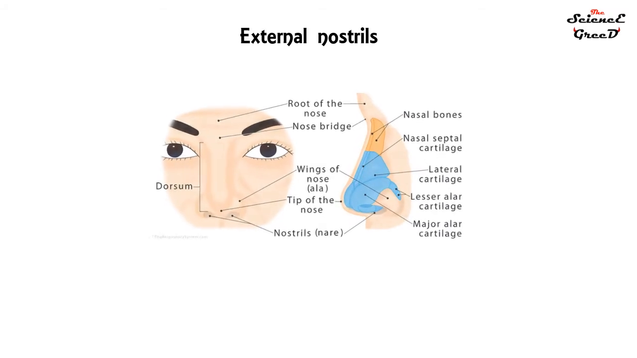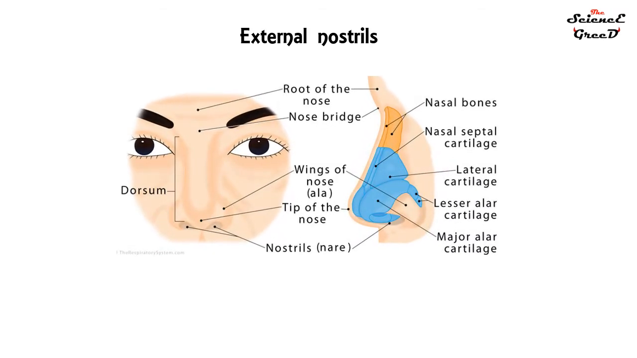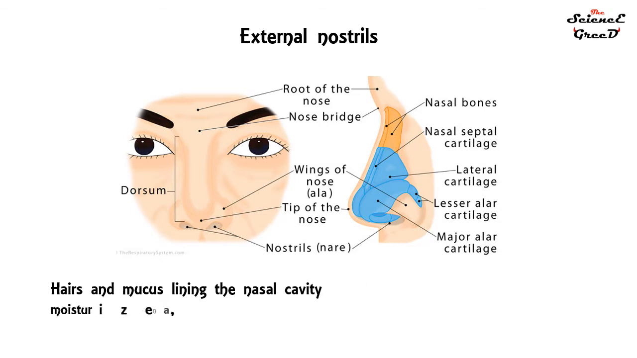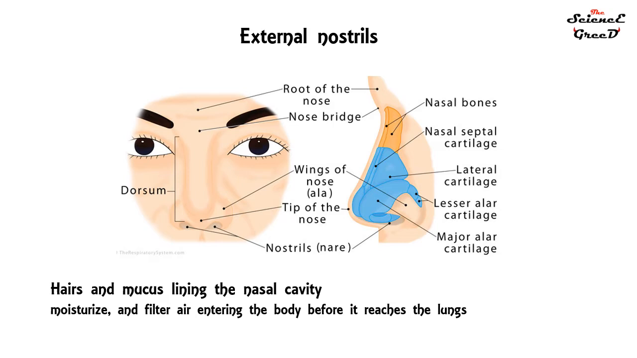External nostrils. The nasal cavity is a hollow space within the nose and skull that is lined with hairs and mucous membrane. The function of the nasal cavity is to warm, moisturize, and filter air entering the body before it reaches the lungs. Hairs and mucus lining the nasal cavity help to trap dust, mold, pollen and other environmental contaminants before they can reach the inner portions of the